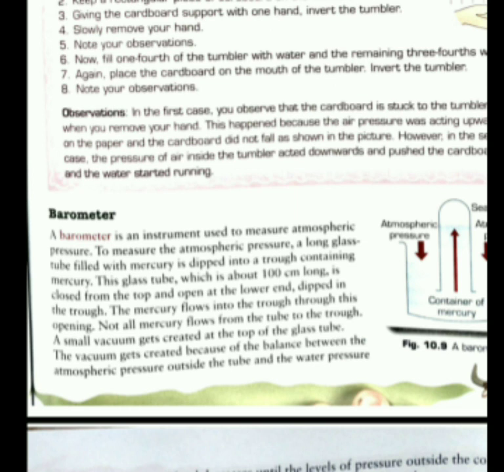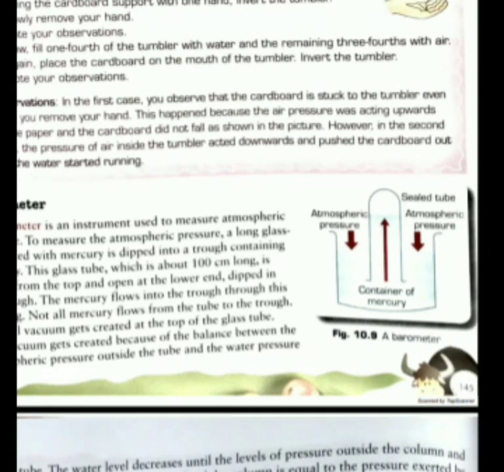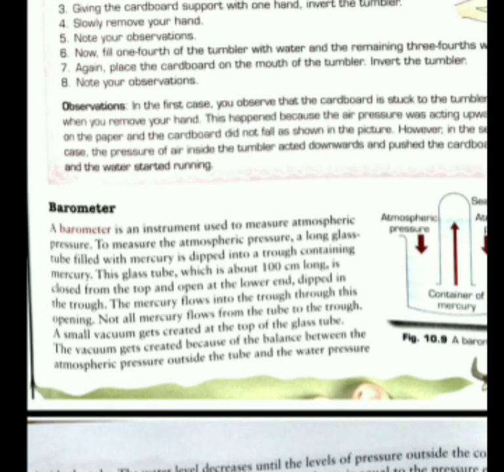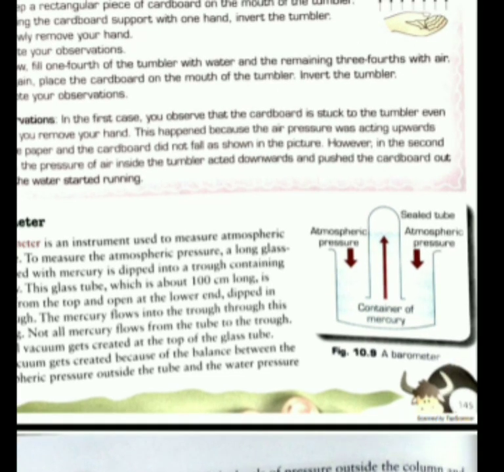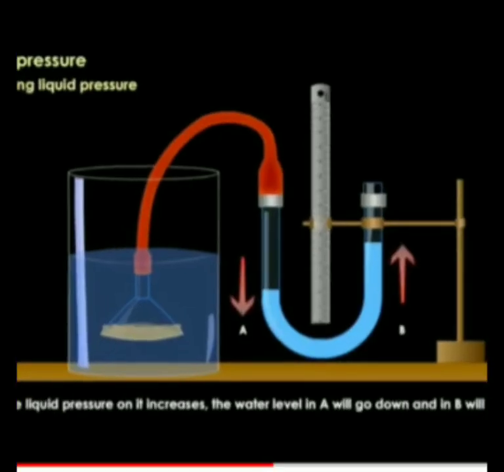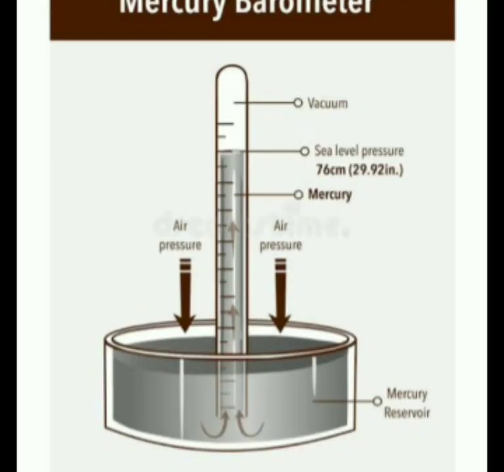It consists of a long glass tube about 100 centimeter long, which is filled with mercury. This tube is inverted and dipped in the trough. You can see the tube dipped in the trough, which is also filled with mercury. This figure doesn't show clearly the mercury level, so I am giving another figure in front of you. Please see. This is the clear diagram of